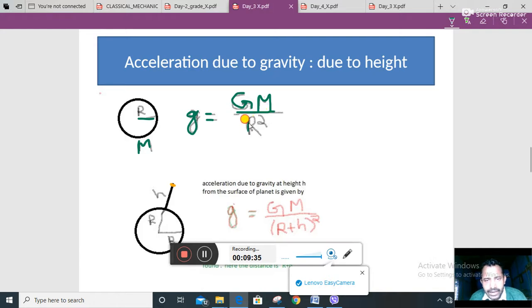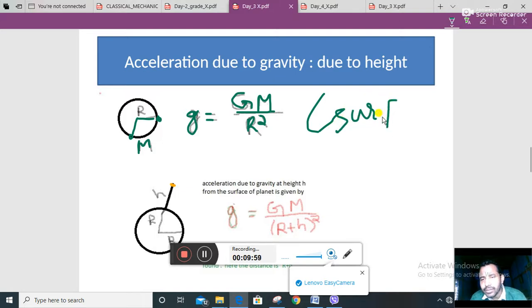It means that acceleration due to gravity on the surface of the planet, this is at the surface, because you are calculating g over here and calculating g over here, and this distance is also r. That's why calculating over here is the same thing. If it is spherical, it means the acceleration due to gravity on the surface, it is at the surface.